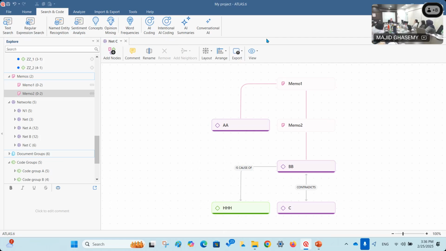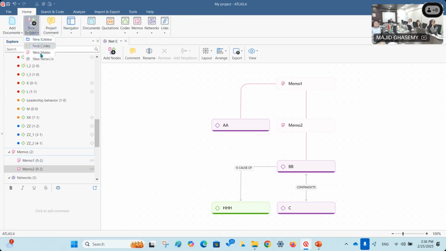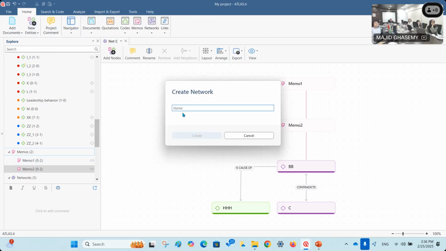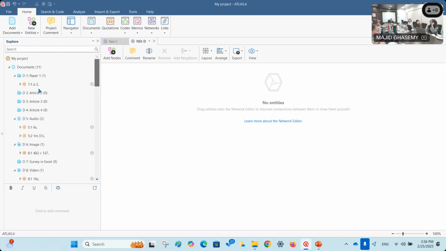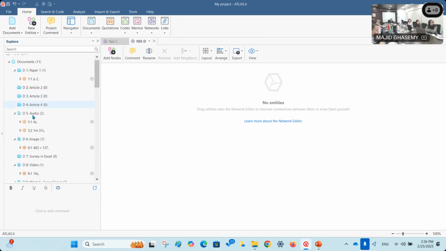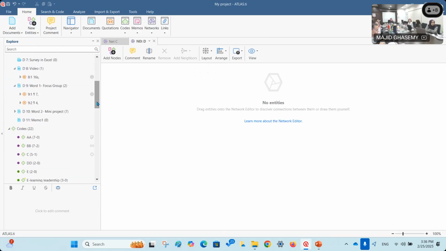For example, you are doing quantitative research. Okay, let me show you one example here, because your question is quite interesting. So just imagine you are focusing on, let me just create a network. These are my documents, right? These are maybe my articles, right? So you want to do a literature review for one hypothesis. What is your hypothesis? Maybe your hypothesis is that